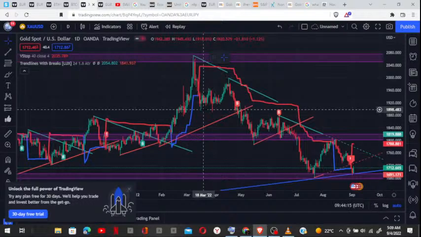Gold has been in existence for quite some time, more than Bitcoin USDT. So that's why I decided to use this one over here, just to give you an example of how you can use the trend lines with the break to help you take positions in the market. One thing you need to note is when the prices break below the red line, that gives you a sell signal, so you should take a sell position. And when the prices break above the green line, that gives you a buy signal, so you can enter the